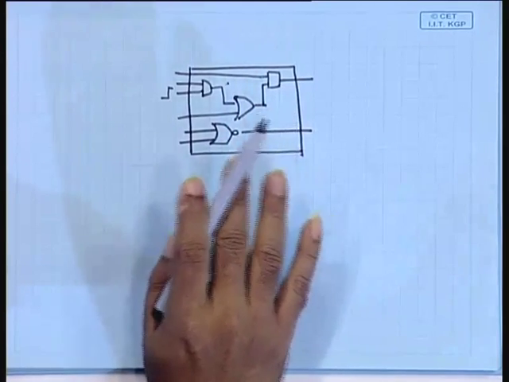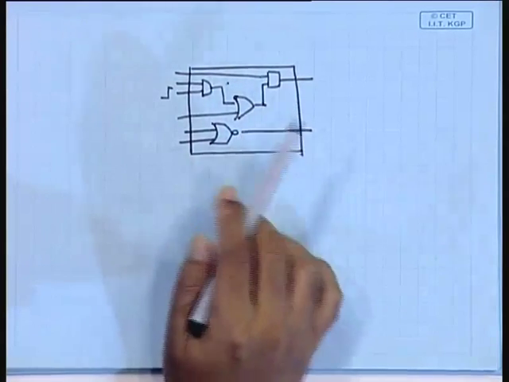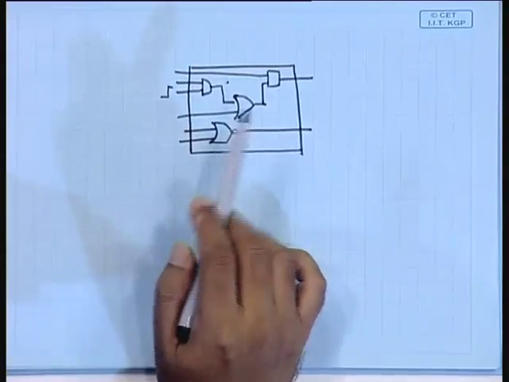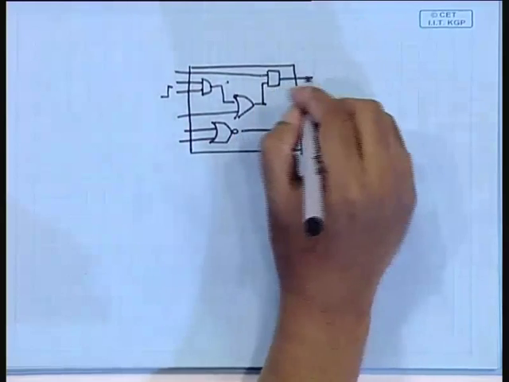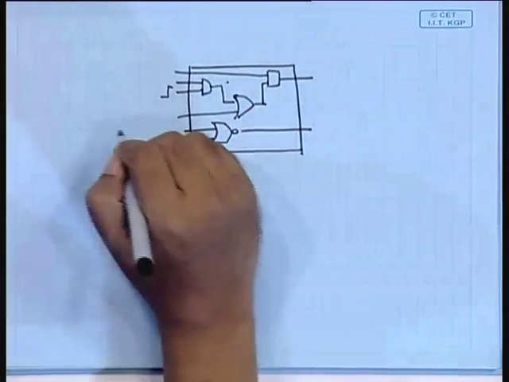Now, if the circuit does not stabilize, then obviously this simulation will continue, and at some point of time we will have to decide that this circuit is oscillating, and therefore, we will never end the simulation by reaching a steady state. On the other hand, the other approach, which is called cycle based simulation, there we actually look